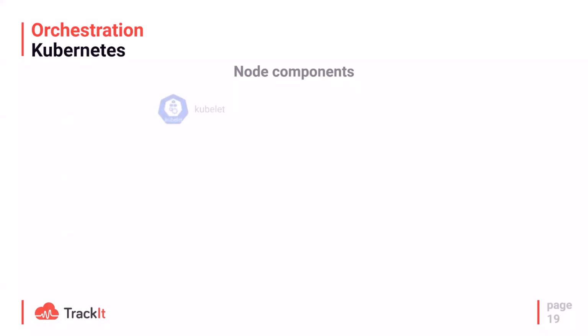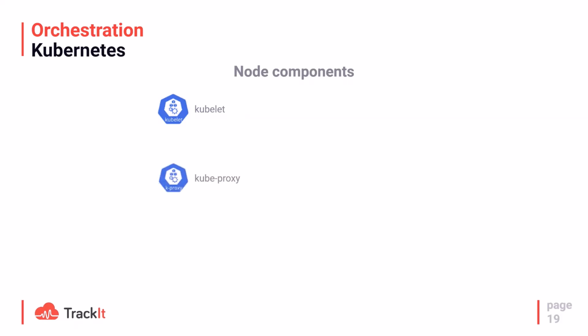On the node components, we have the kubelet. All those components are just required for having a worker node. The previous ones are not necessarily required if you are just running a worker that's going to manage your workloads. So the kubelet is a component that interacts directly with the container service. It's the one component, kind of Docker, that's going to manage, start, stop, or remove the containers. And it's just doing this simple task.